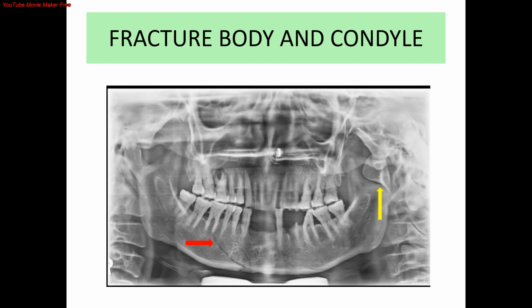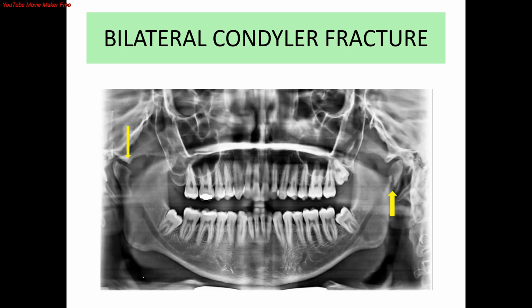Usually a blow on the anterior part of the mandible causes fracture of the body of the mandible, red arrow, and usually fracture of the condyle on the contralateral side, yellow arrow, or it can be bilateral also. In case of suspicion, ask the patient to close and check occlusion. The patient will also show pain on occluding tightly on the affected condylar side. One of the advantages of panoramic radiography is that you can record both condylar fractures in one radiograph, and that too with less pain. Minimal movement of the jaw is needed to capture a panoramic image, so the pain is less.